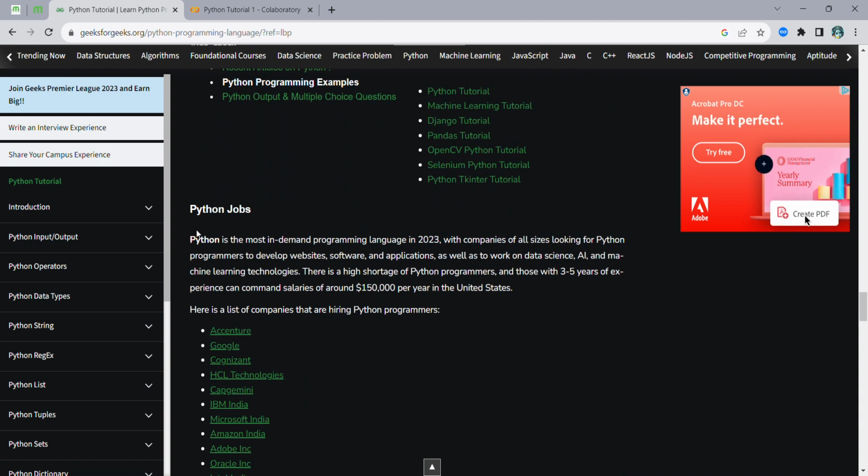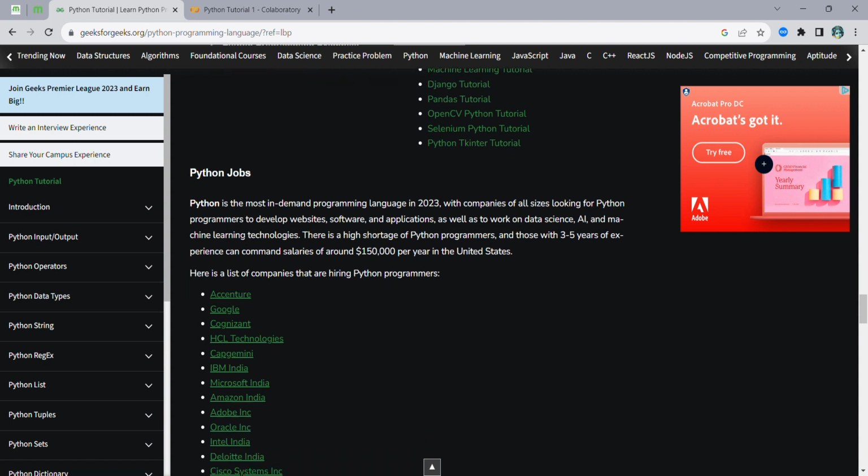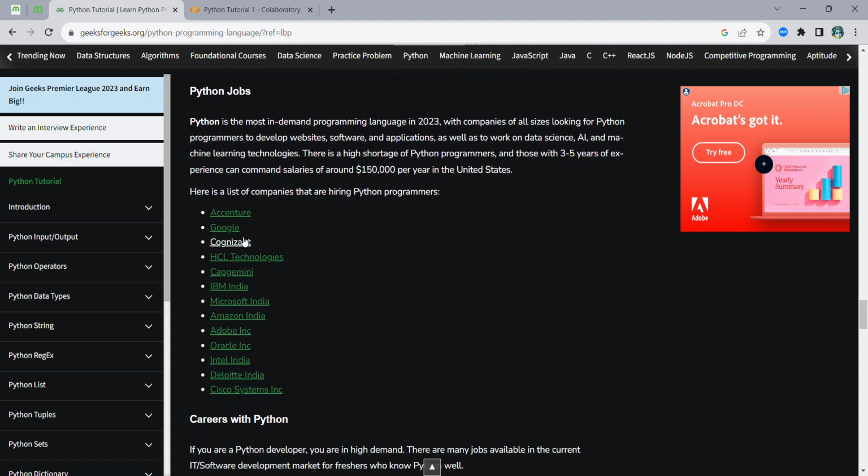So these are the Python jobs which we will be having. Python is the most in-demand programming language in 2023, with companies of all sizes looking for Python programming to develop websites, software, and applications. I have already told you that this programming language has very simple syntax and already has inbuilt libraries, which make it very useful for making advanced systems or advanced software, right?